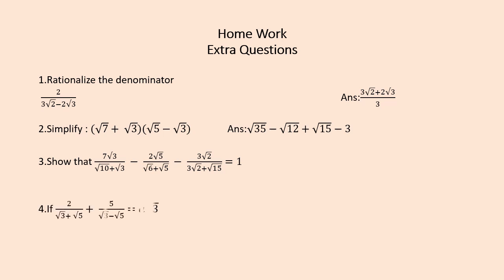And I have given here to represent root 7 on the number line. For constructing root 7, first you have to construct root 5. Then from root 5, you have to draw the perpendicular. Then construct root 6. From root 6, draw the perpendicular. Then you are getting root 7. So please try to do it by yourself.